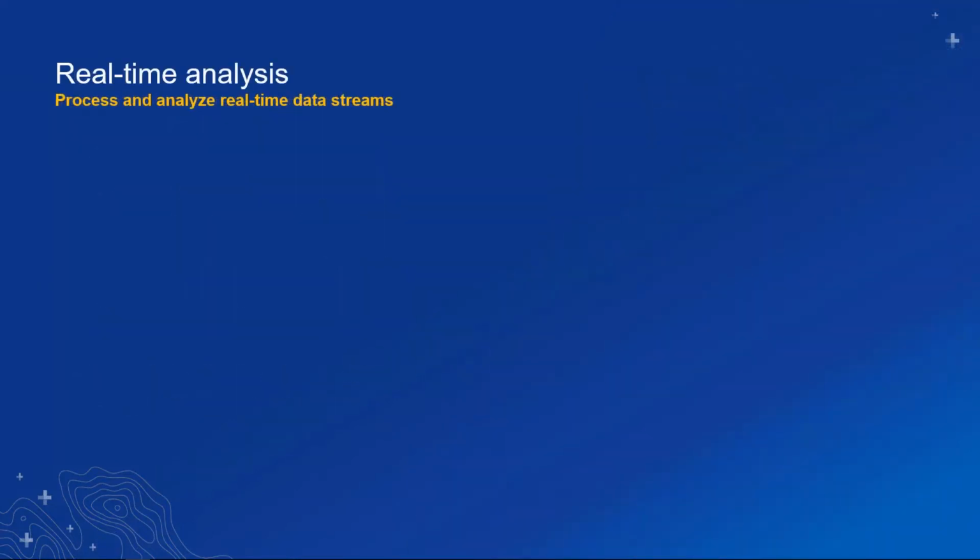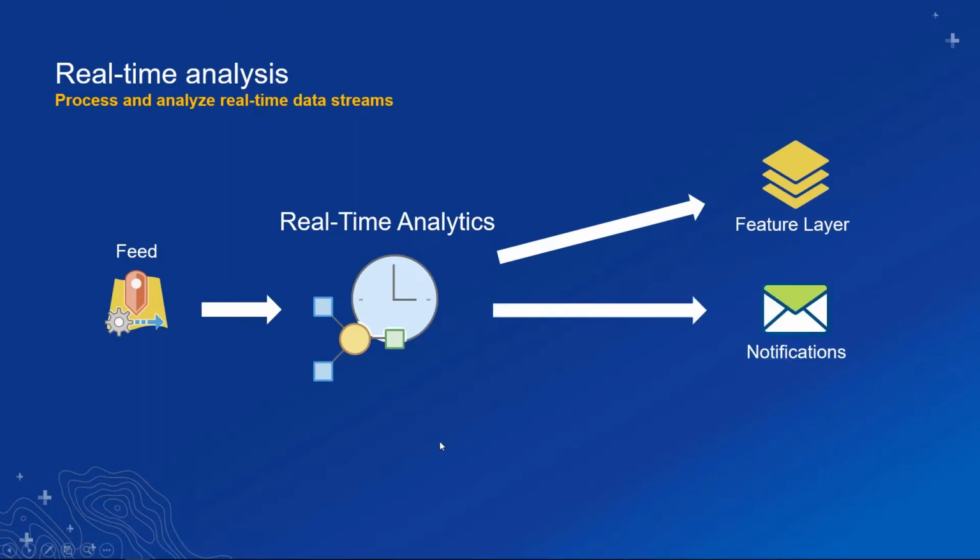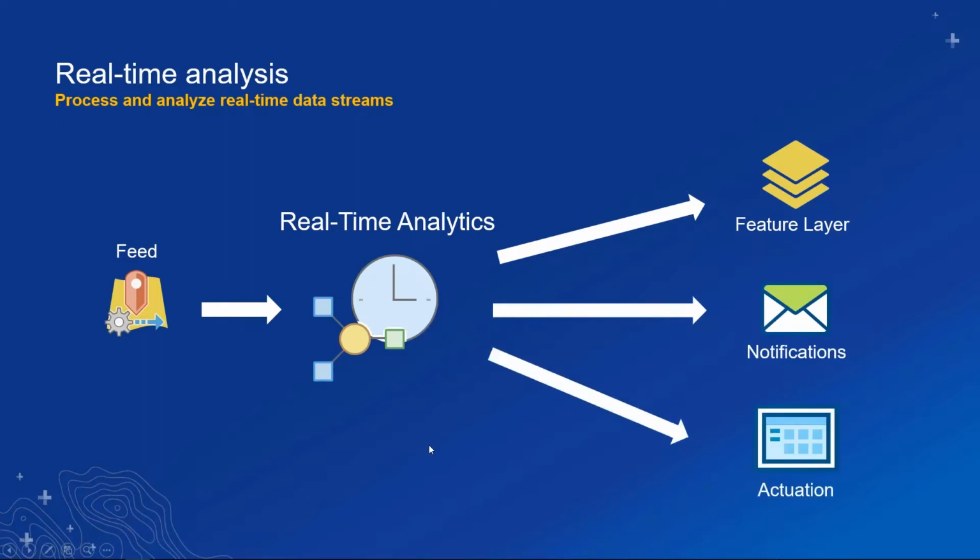And bringing in data with feeds is really just the first step. So with real-time analysis, you can do more than visualize your sensor data. You can immediately put it to use. In Analytics for IoT, a feed is the input to a real-time analytic. And this can be used to transform, enrich, and detect incidents. Real-time analytics are a flexible model building capability that let you combine tools and take different kinds of output action. You can store sensor observations over time to a feature layer. You can send notifications and alerts, and you can even send commands and triggers to external systems to actuate behavior.